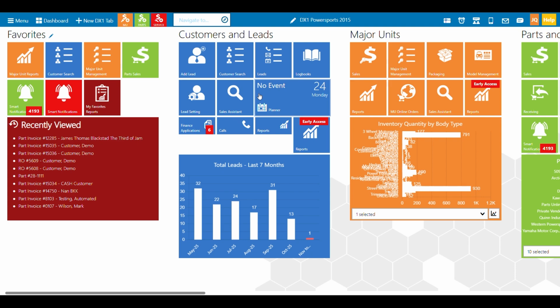For this video and parts, we're just going to focus on making sure that you know of two integrations that we have with many partners. That way, you can make sure that they're configured and using them in DX1. And that's going to be part lookup or part availability, and then the ability to push through orders through a cart right through DX1. Again, not every vendor has the same integration, so if you're unsure, you can reach out to our team. They can take a look at your vendor list and make sure you have integrations on for the authorized vendors you do have.